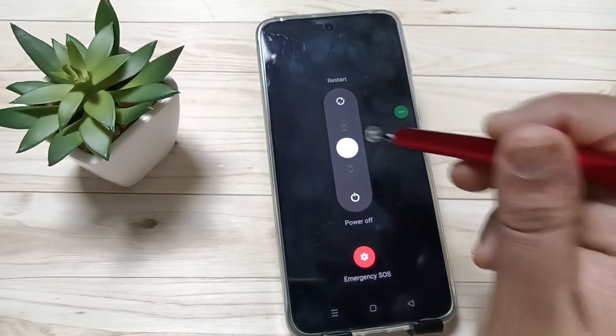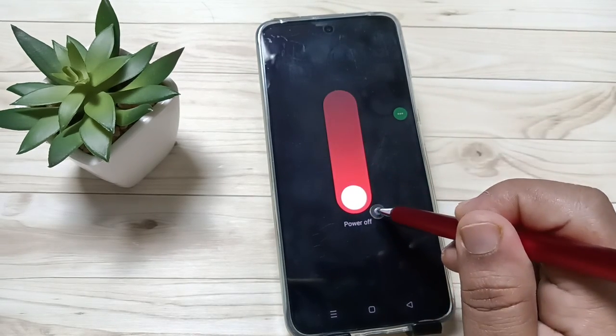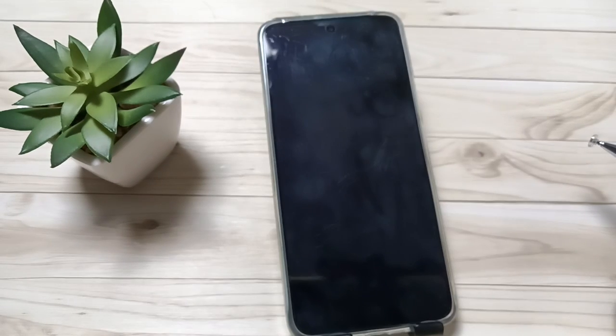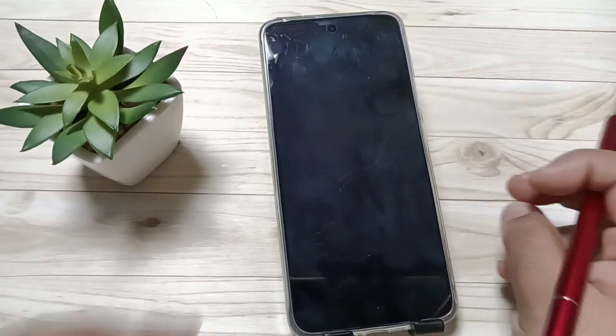To switch off the device, tap on the white circle and swipe to bottom. Now you can see the device is switched off. So simply in this way you can switch off the